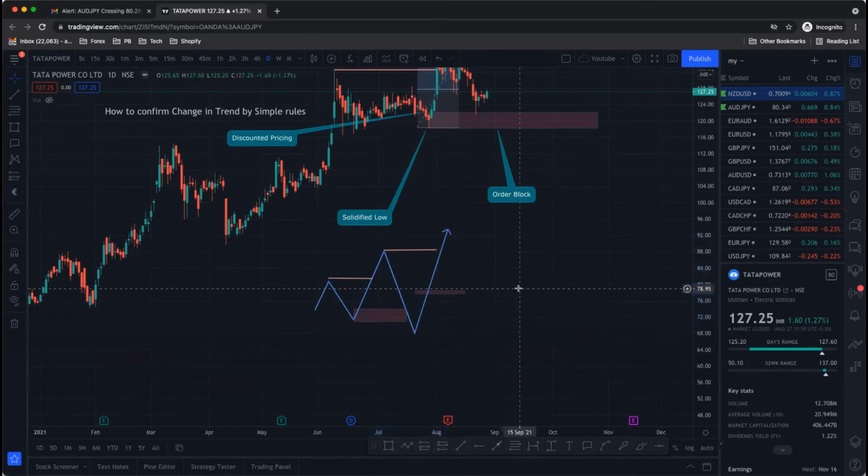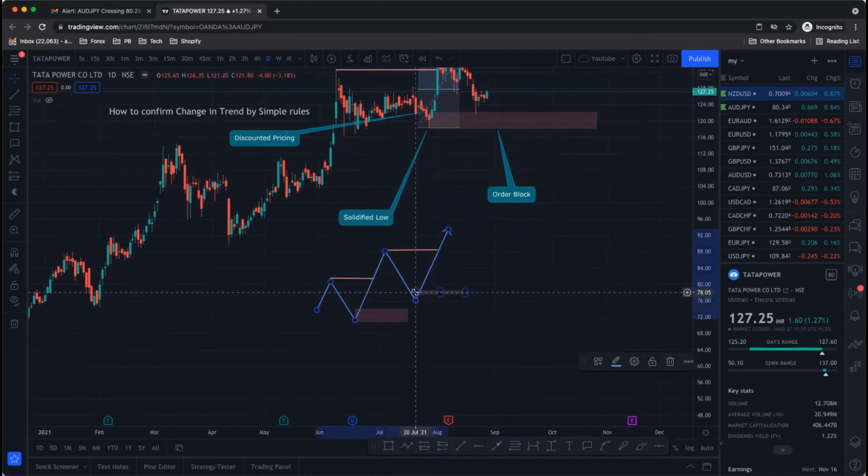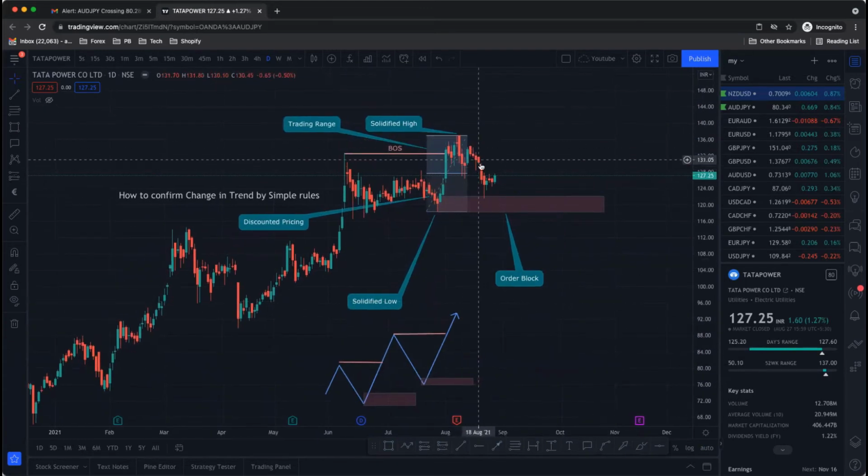One is taking liquidity and 2 BOS with like simple thing. Okay, so 1 BOS which is taking a liquidity and one is normal, like it's not taking liquidity. So we need to see that in order to confirm a change in trend, because if you see this red move is very heavily bearish on the 1 minute